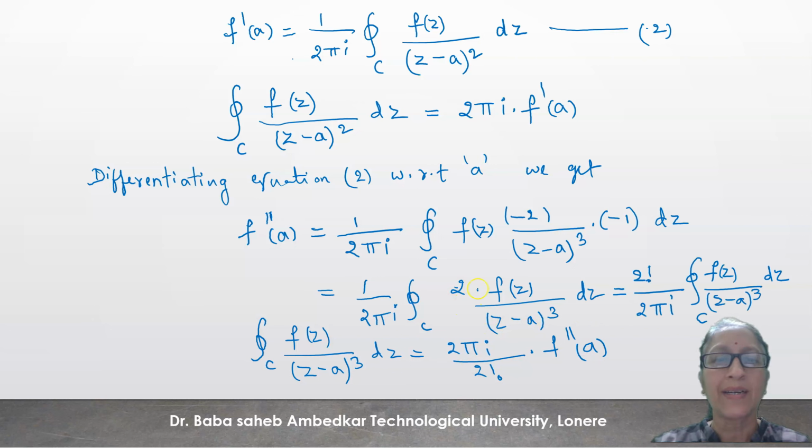Here 2 can be written as 2 factorial, 2 into 1. That's why here we have written 2 factorial by 2 pi i contour integration of f(z) by (z minus a) whole cube dz. Now if you transpose this 2 factorial by 2 pi i to the left hand side, you get contour integration of f(z) by (z minus a) whole cube dz equal to 2 pi i upon 2 factorial into f double dash a. In the same manner, if you differentiate this again, we get